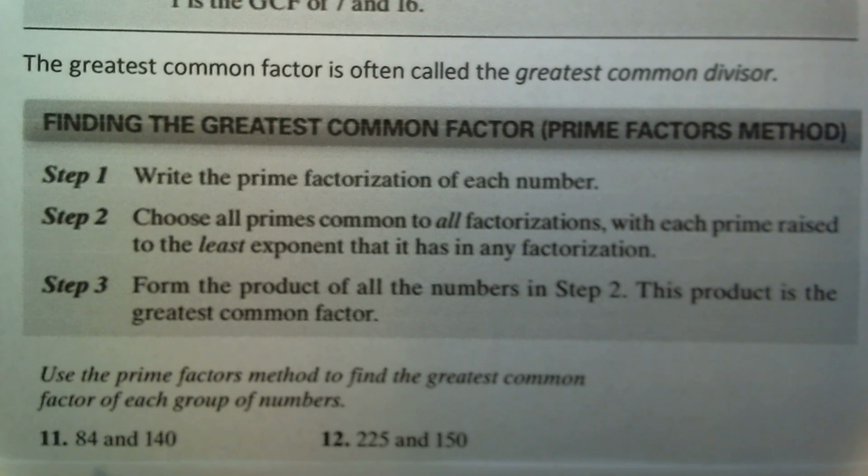When we look at number 11, 84 has a prime factorization of 2 to the second power times 3 times 7, and 140, its prime factorization is 2 to the second power times 5 times 7. That's step number 1. Step number 2 is we choose all primes common to all factorizations, with each prime raised to the least exponent that it has in any factorization. So we have 2 squared is common to both, and 7 is common to both expressions also. Following step 3, we form the product of all numbers in step 2. So then the product would be 2 squared times